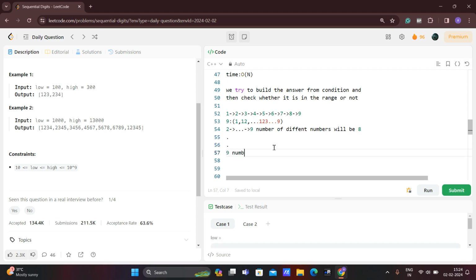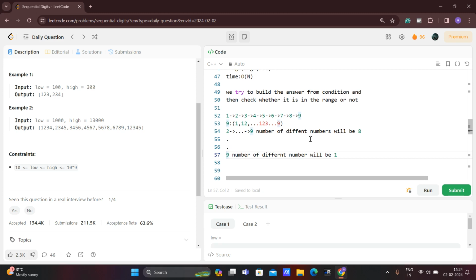For this, the number of different numbers will be 1, because after 9 we cannot go to the next digit, because after 9 there will be 10 which contains 2 digits, so it is not one digit, so it will stop